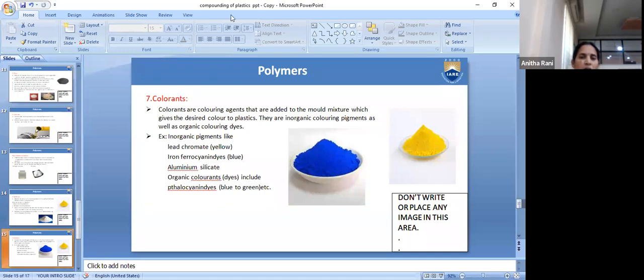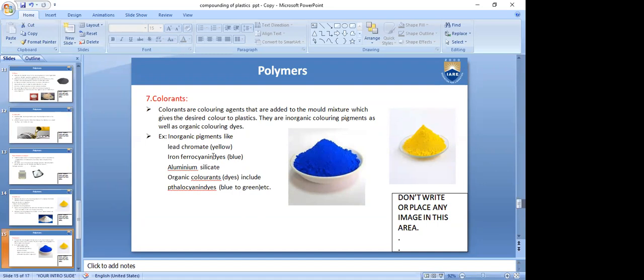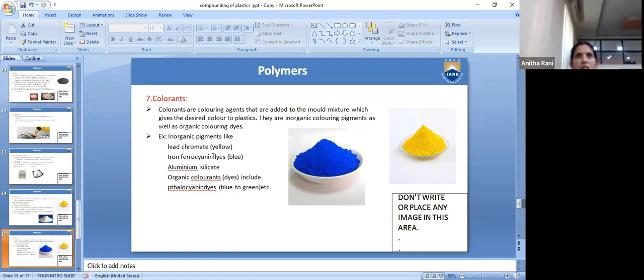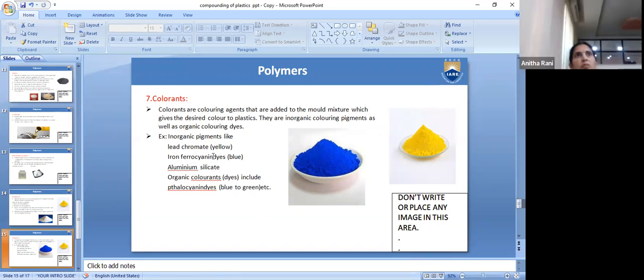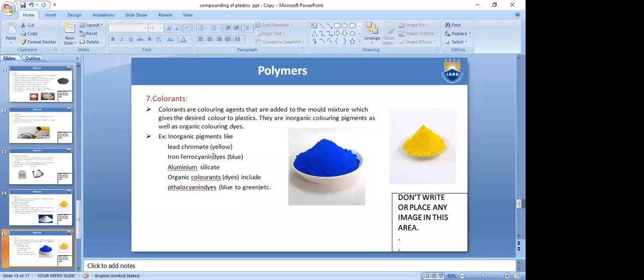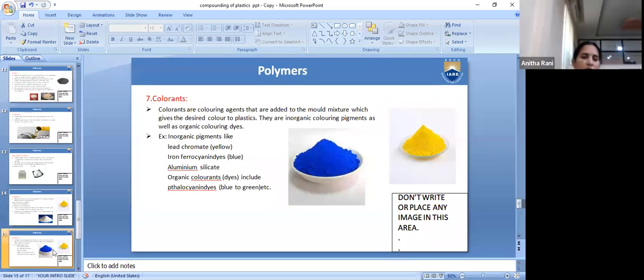So students, till now we have taken the polymer resin. First you have taken a polymer resin, then what are the ingredients you are adding? Plasticizers, fillers, lubricants, catalyst, stabilizers. Okay. Last one is the colorants. Colors we have to use, so that we get a good desired color. We will add colors.